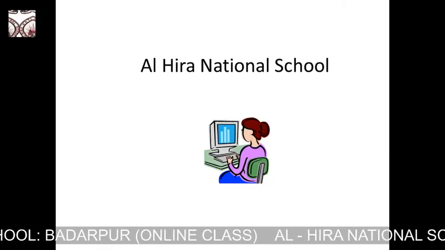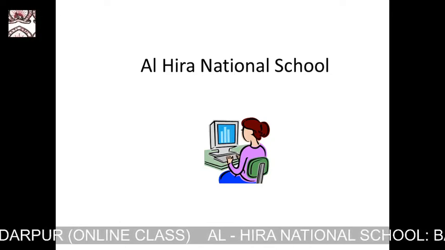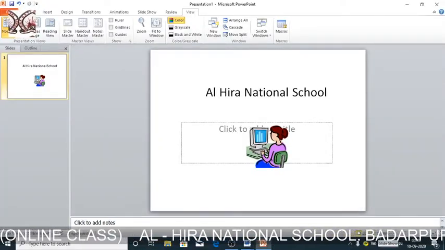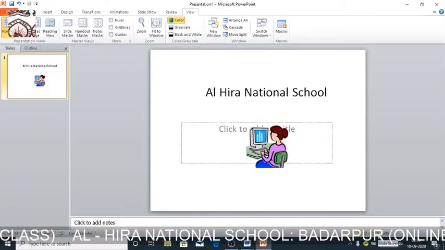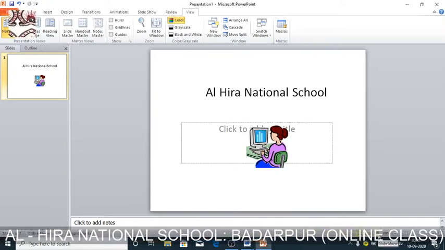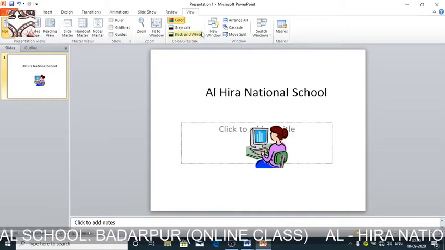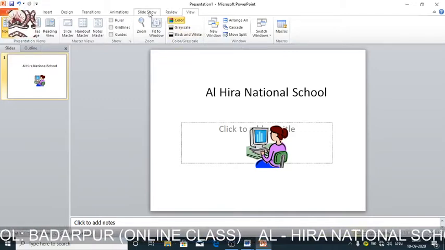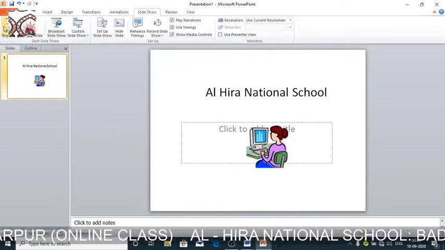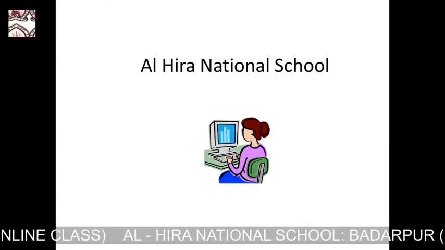You click on slideshow, the slideshow will start. So there are two ways. There are actually many ways for slideshow. If you press F5, or you can also press slideshow, or you can see here, if you go to slideshow from the beginning, it will start as slideshow from the beginning.